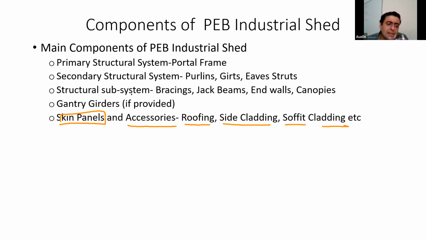Okay, Mr. Syed is asking, when some PEB systems are used for parking of vehicles, what components are used in that? So it will have a primary structural system, of course. It will have a secondary system also, because it will have some purlins, etc., to provide sheeting. And then it might have some bracings, and it might have some roofings. So in parking, there may not be side claddings, but it will have a roofing, it will have purlins, it will have a main portal, and it might have bracing systems. So these types of components you may have to use for parking structures.